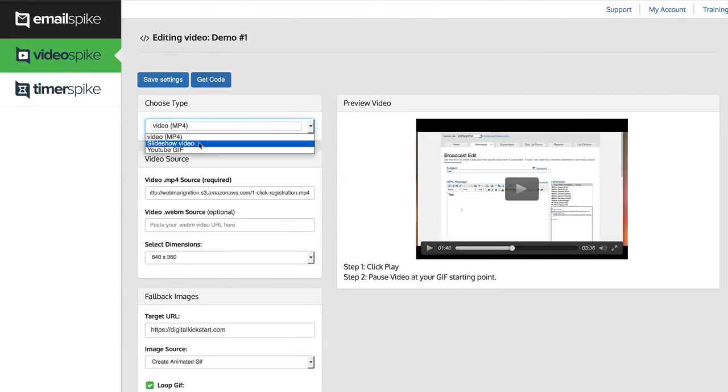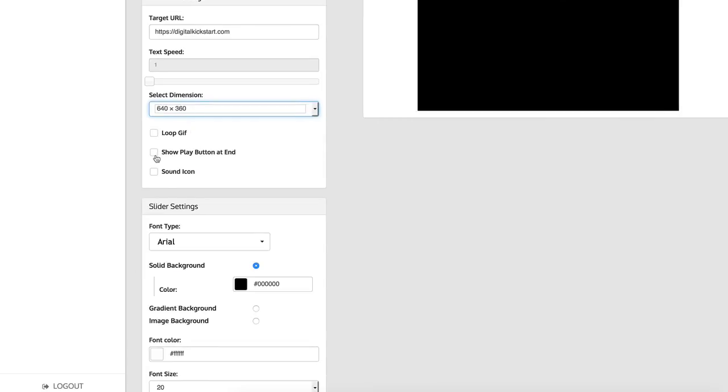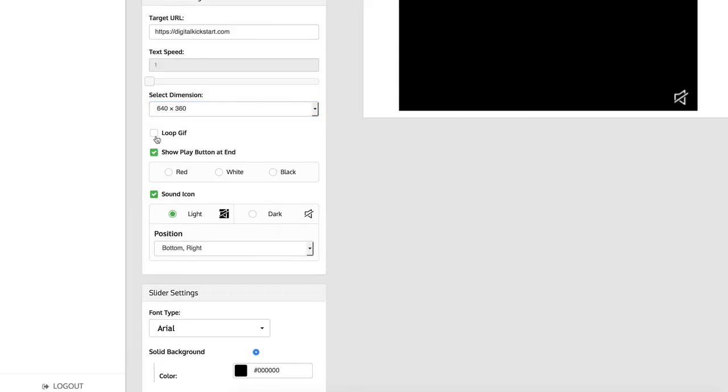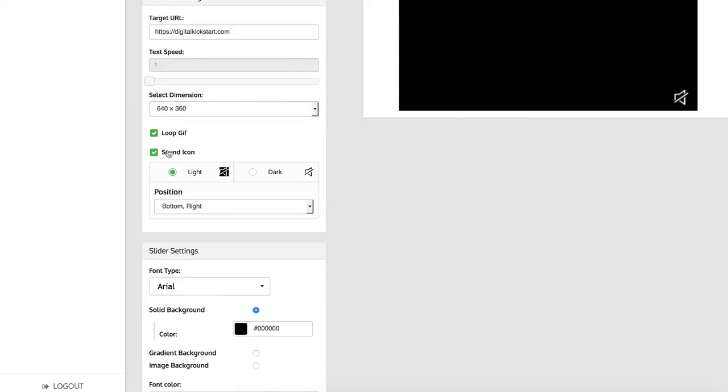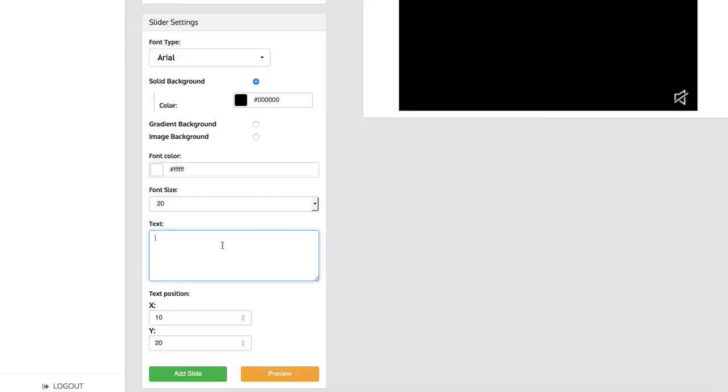Now, you could also create a slideshow video. So say that I'm going to go ahead and put in a target URL. So this is what people are going to click on if they click on the video here. Then you can choose the dimensions. And then I can choose if I want it to loop, show a play button at the end, show a sound icon. I can do all of those things if I want to. And you can choose if you want it to be a light icon, a dark icon, what position you want it to be. Then I'm going to create what kind of text, so watch this demo now, or say